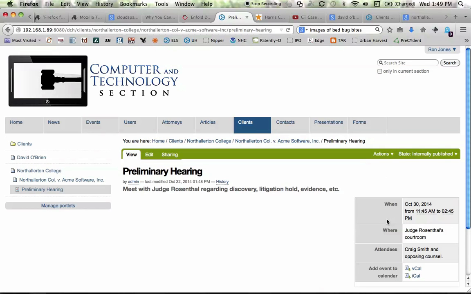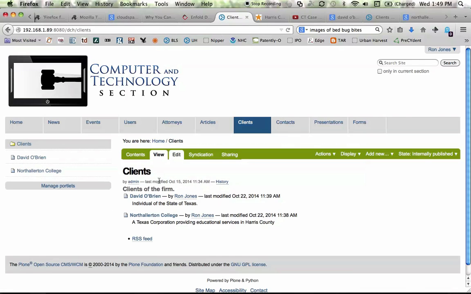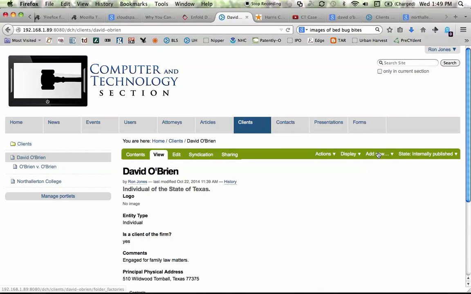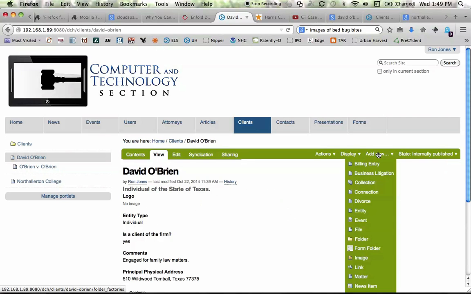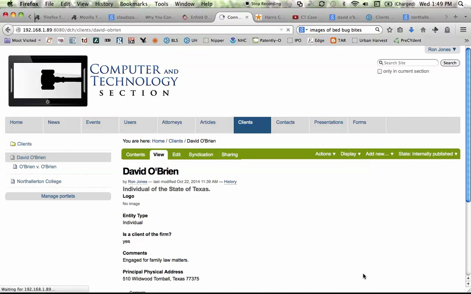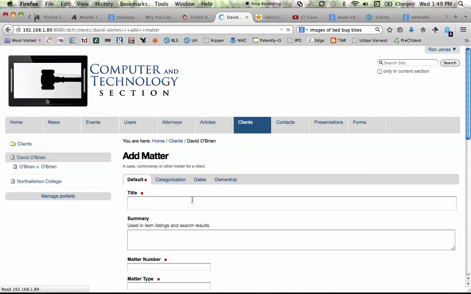So the system has quite a bit of flexibility, and I want to show you how to get a new case. Let's say we're going to go back to clients again and say that Mr. O'Brien has a child custody case. I did not set up a specific thing for a child custody case, but I'm just going to call this a regular matter. So I'm going to add a matter, and I'm going to say it's a child custody